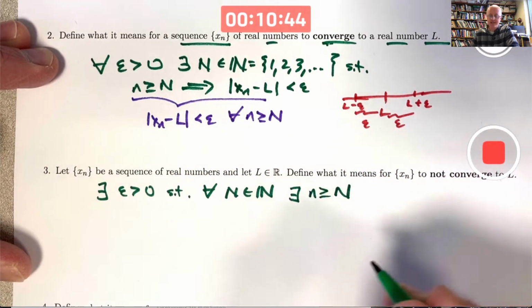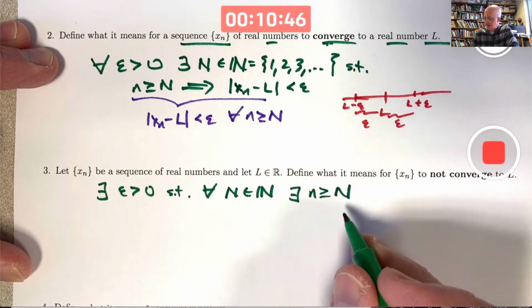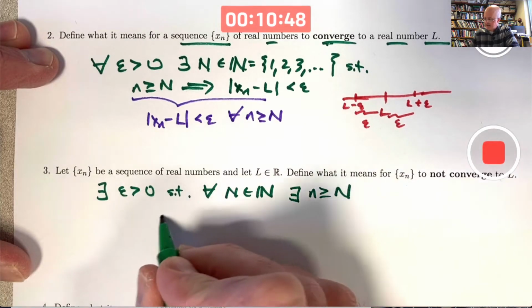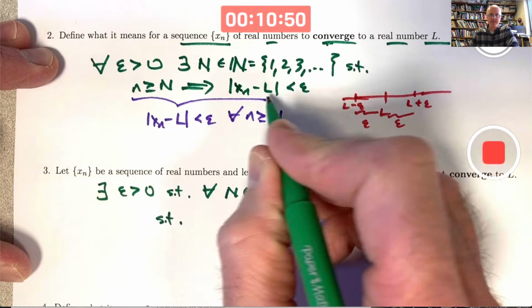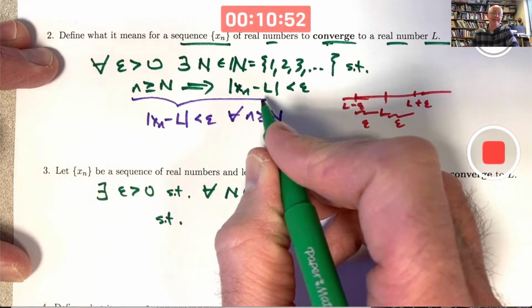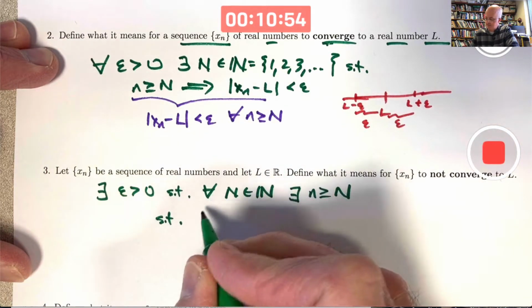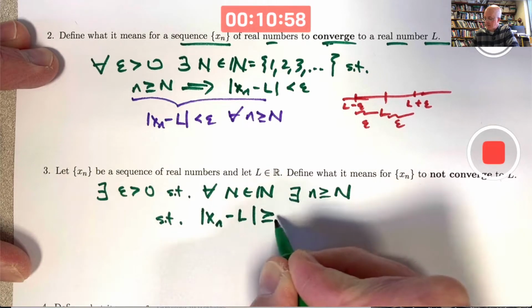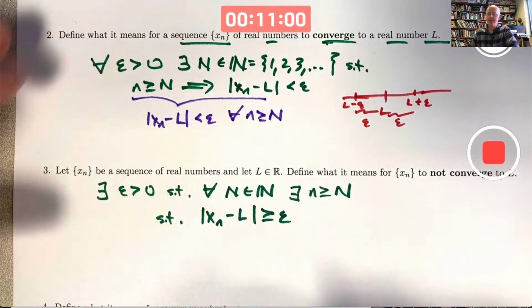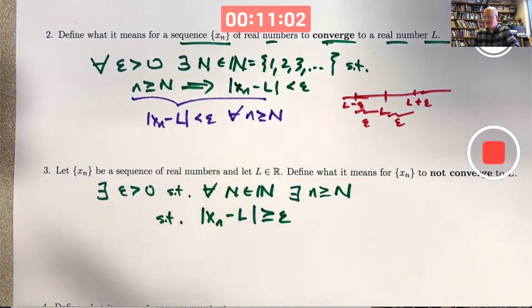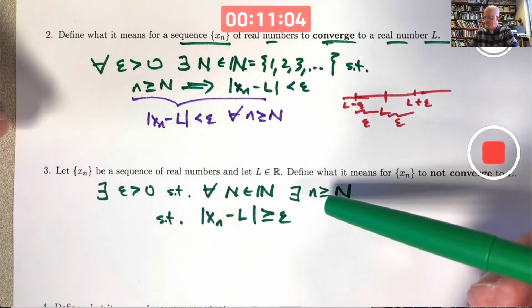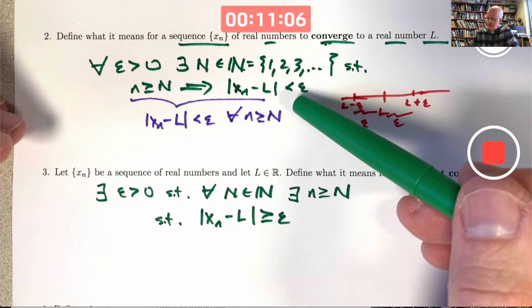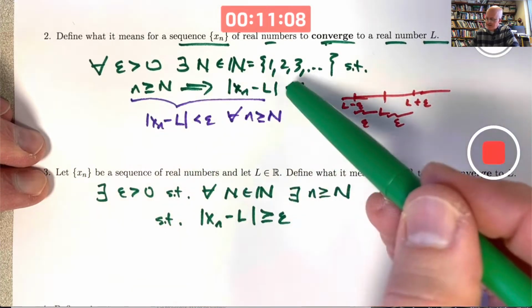It still needs to satisfy the same condition that it's greater than or equal to capital N, such that the opposite of this is true. Xn is not within epsilon of L. The distance between Xn and L is greater than or equal to epsilon. Okay? These are the traditional ways of writing the answers to 2 and 3, with, in particular, a greater than or equal to there, a less than there,